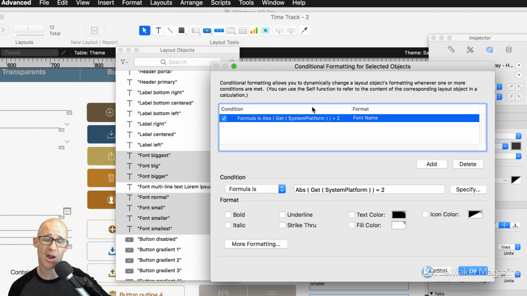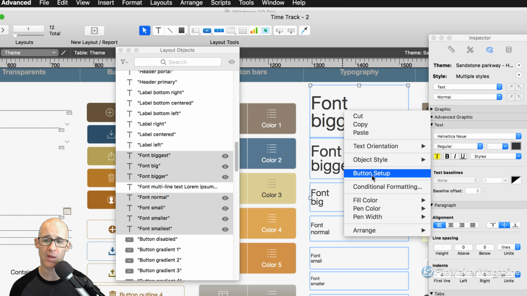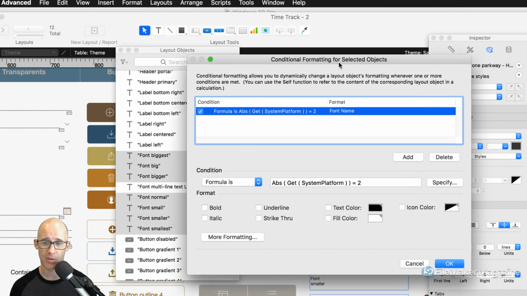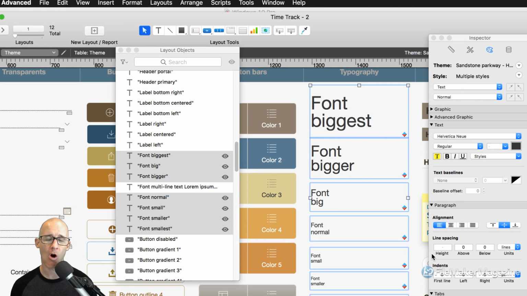So I don't know if you noticed that on the video. You may have to rewind. It looks like if it's the topmost object, and I right-click on that, so it should work here in the Layout Objects palette, or here, if I right-click and choose Conditional Formatting. There we go. If it's the topmost object in the stacking order, the Conditional Formatting will take whatever is set on that topmost object. And now if I click OK, because I have multiple objects selected, all of them received